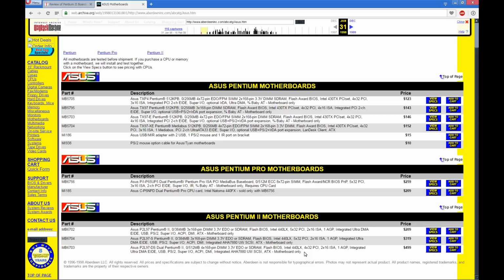Now I have no interest in doing a dual Pentium II system. I've already been down that road. You have to run NT4 or Windows 2000 on it to be able to utilize both processors, and that limits you in certain things, and I don't really want to do that. I wasn't really a big fan of it when I did it. It was fun to play with, but I'm just not a big fan of dual processor. A lot of the games didn't take advantage of it anyway, and running Quake 3 on it, I'd rather run Quake 3 on a Tualatin or something. So anyway,